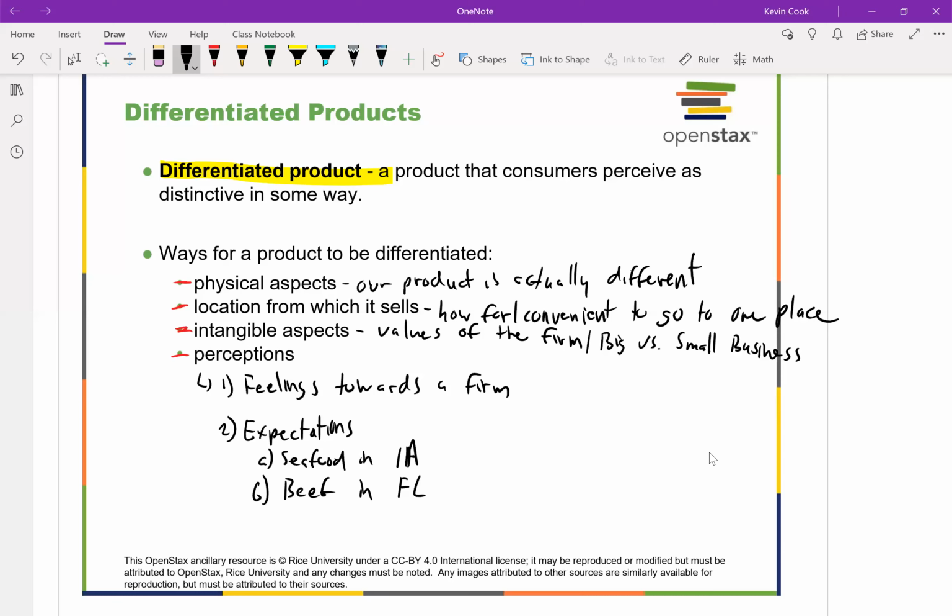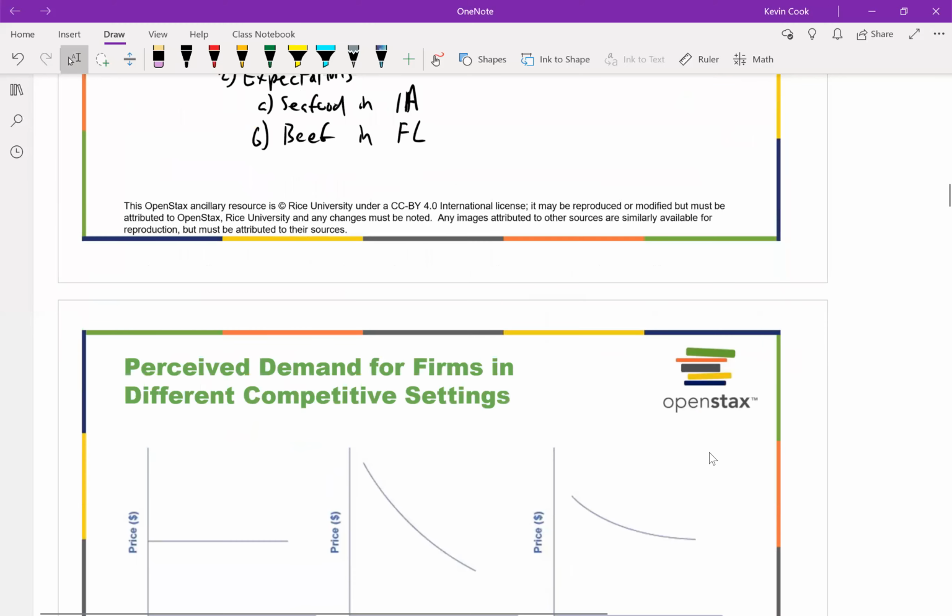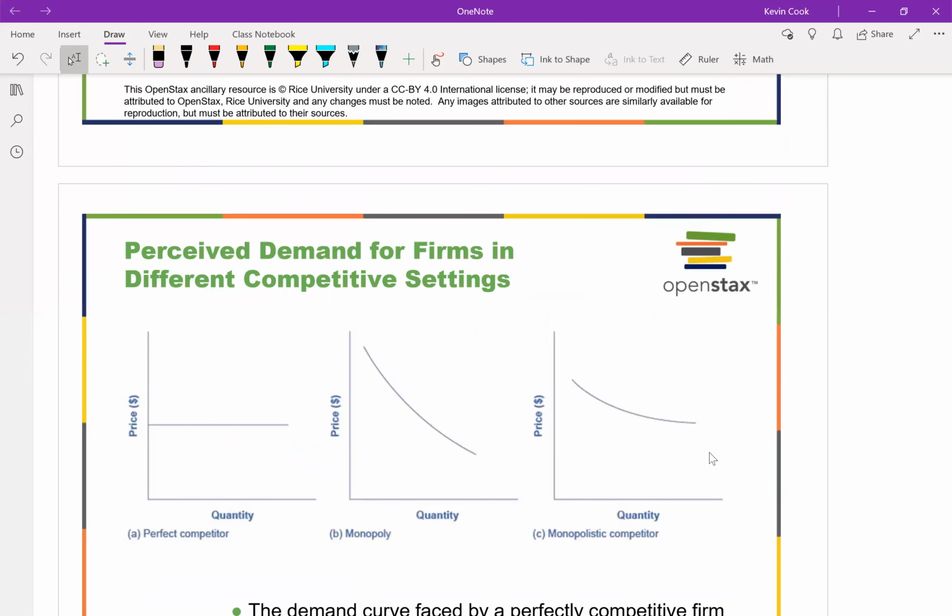If I'm in Iowa, I expect good corn. If I'm in Florida, I expect good oranges. Right? So we just have these expectations that come in our perceptions of different fruits or whatever the case may be. So we have our differentiated products, and what we're interested in is